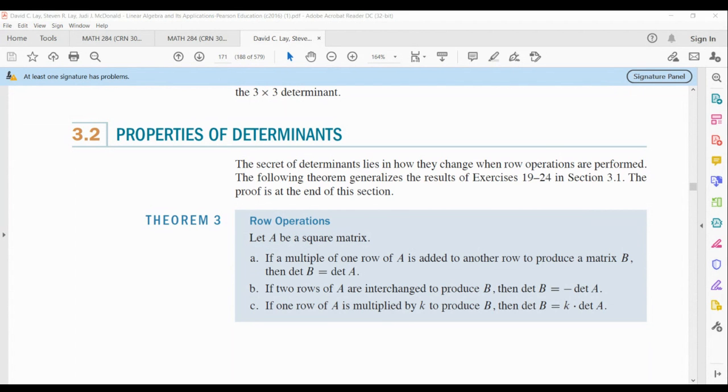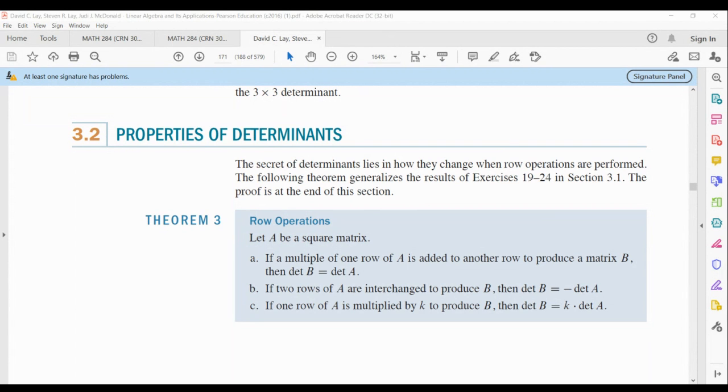All right, so again, in section 3.1, you learned about cofactor expansion. Cofactor expansion can be used to compute the determinant of a matrix by expanding along any row or any column, and it works for any size of matrix too. So it's a very general approach. But the problem is it is computationally difficult to compute the determinant using cofactor expansion if, for instance, you have